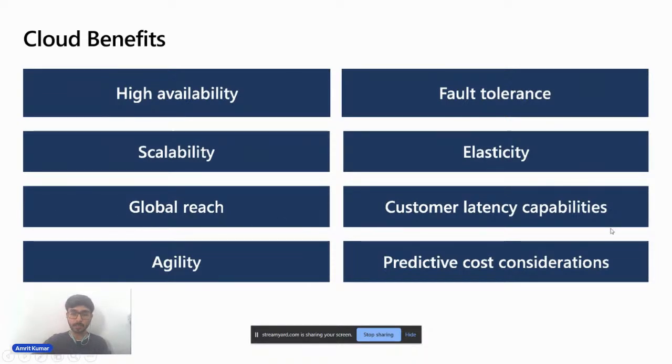Customer latency capabilities, agility, and predictive cost considerations. Even Azure provides you a billing of what resources you are using, and it tells you how you can use other resources.